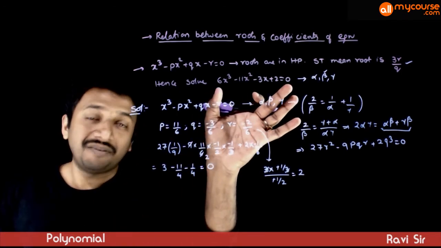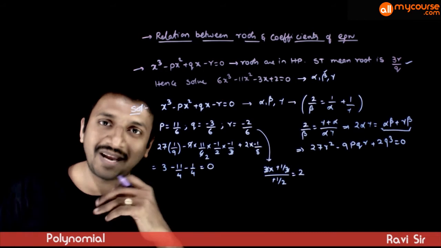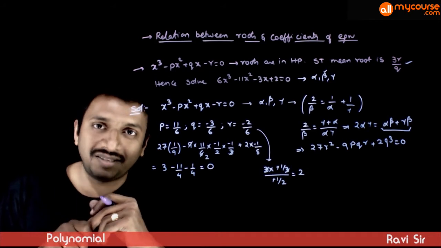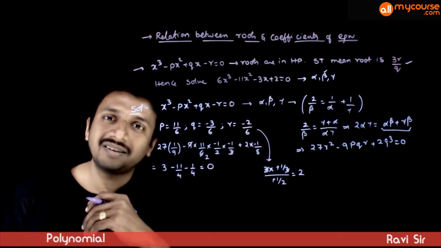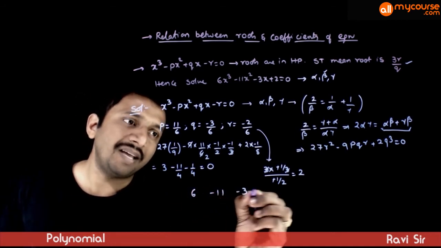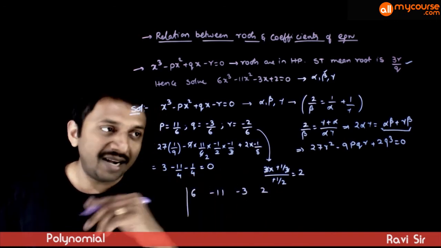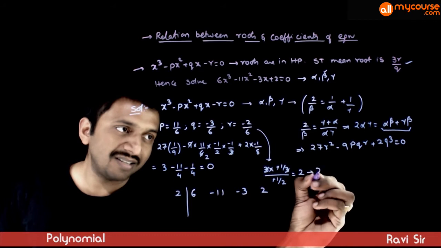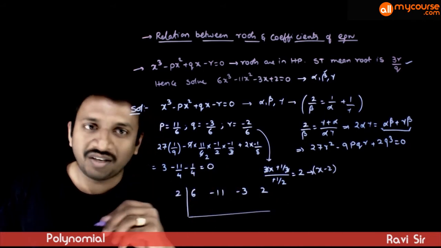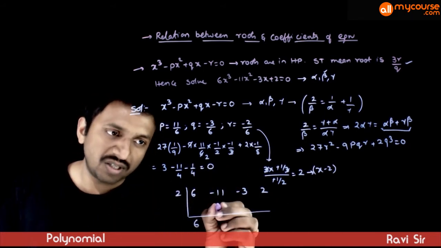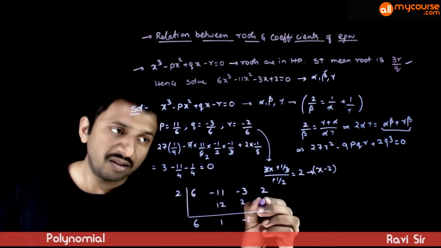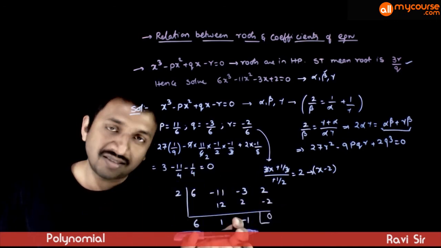So let us divide this equation by x minus 2 and get the quotient. Let us get the quadratic quotient, which we can solve easily. So let us use our Horner's synthetic division. So you have 6, minus 11, minus 3, 2, and the root is 2 because the factor is x minus 2. So I'll write plus 2 instead of minus 2. So let us do the division. 6 2s are 12, 1 2s are 2, minus 1 minus 2, so the remainder is 0, and the quotient is